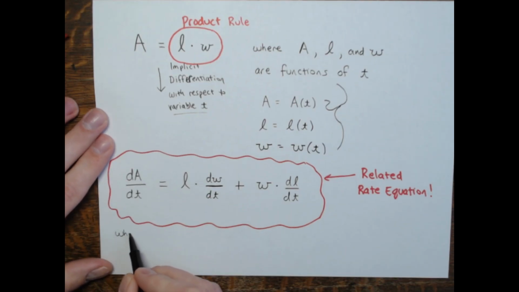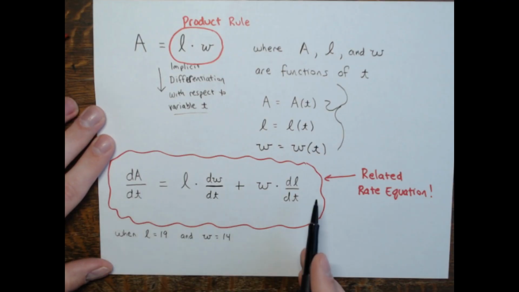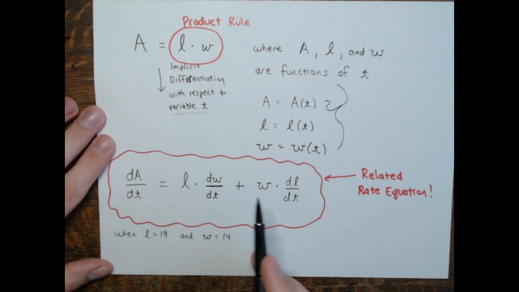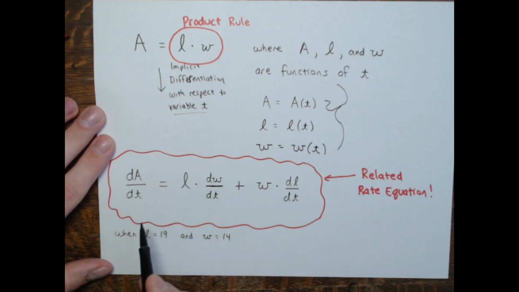So when the length of this rectangle is 19 units, and the width of this rectangle is 14 units, here's how these rates of change, these speeds, how fast the area, width, and length are changing, are related to one another. We have the rate of change of the area